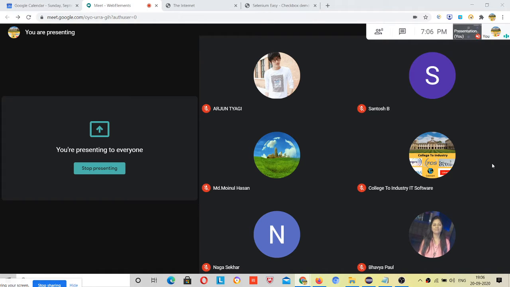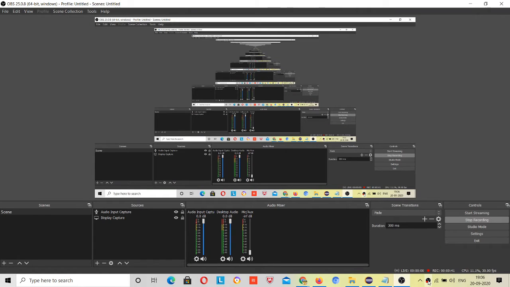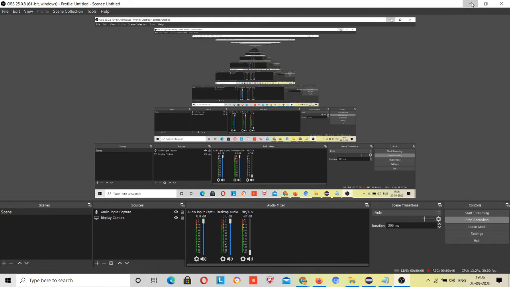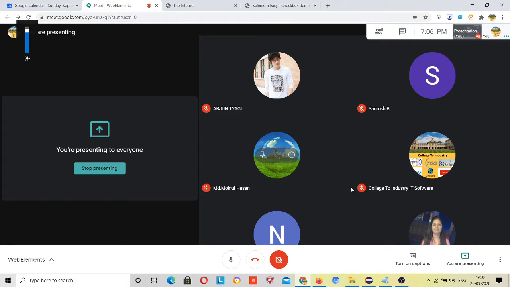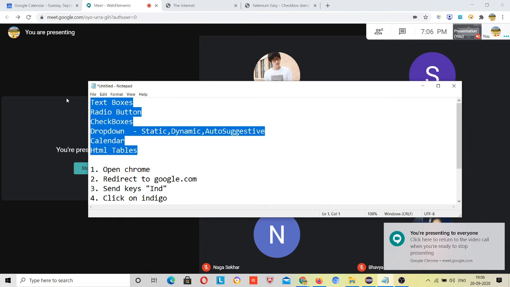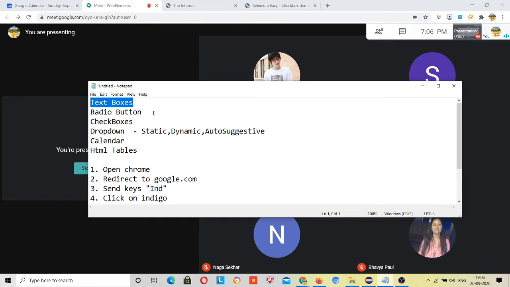Now today we are going to start drop downs. These are some web elements: text box, radio button, checkboxes, drop down, and calendars, HTML tables, and others also, which I have not written over here.